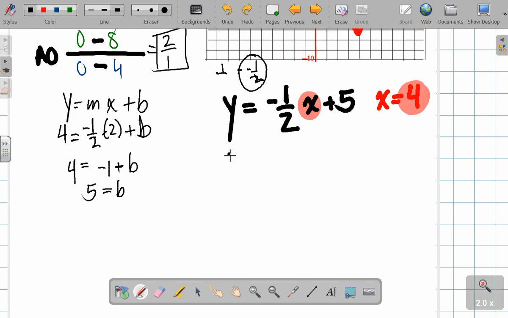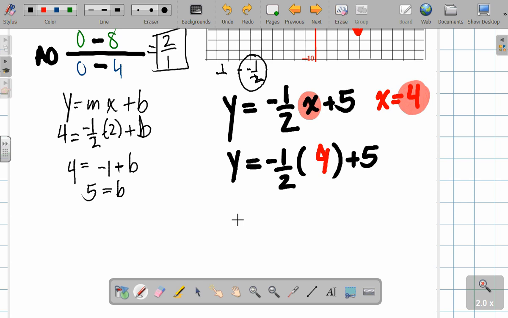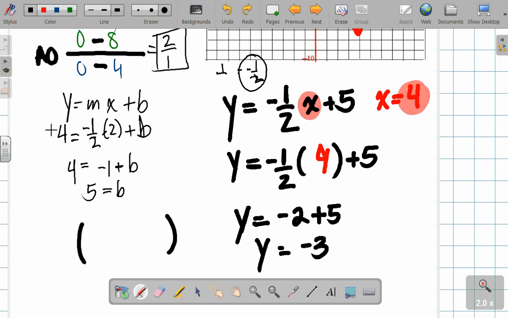We have y equals negative 1 half times 4 plus 5. You guys can get ahead of me on the math. So we know our intersection has to be